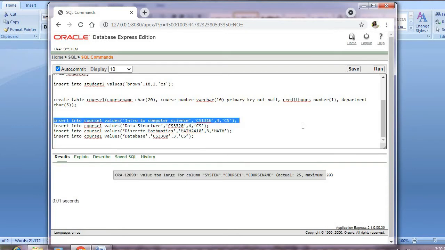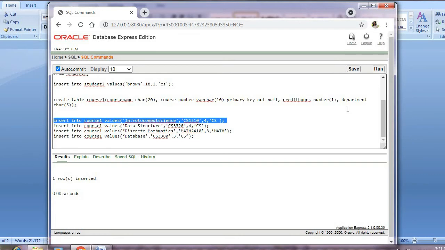Here: value too large for column. Okay. So the value which I have specified here, course name, is more than 25. So I have to reduce the space, because I have given 20 length but I am using 25. These are the errors which will be coming. See, maximum length is 20 but I have given 25. So I'll reduce it. How do I reduce this? I'll just remove the space. Then let me check whether it is correct, or whether it comes to 25 or not. See, if you specify 20 and you give 25, the error comes like this. Then what I did? Yes, I reduced it to 20. Then it accepted the record.